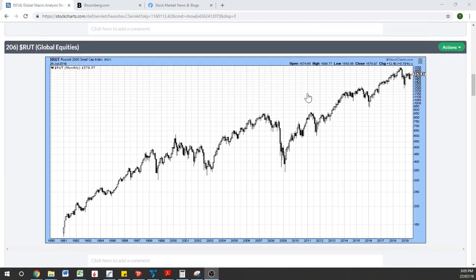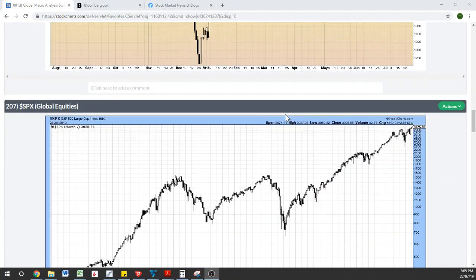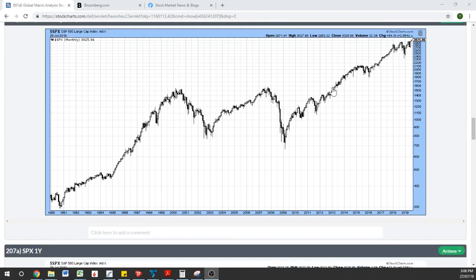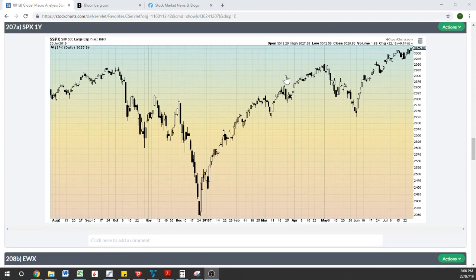This is reflected in the Russell 2000 small cap index as well. You can see that it's not making new highs and it's just kind of gone sideways. So this is a divergence compared to what's happening in large cap index S&P 500. You can see it's made new highs after a fair bit of volatility last year, but that's diverged from small caps, and